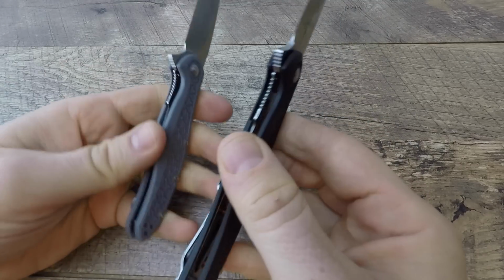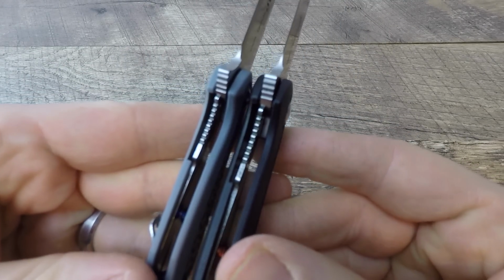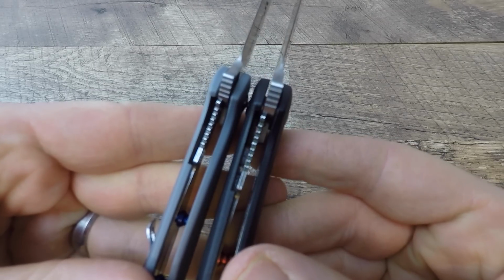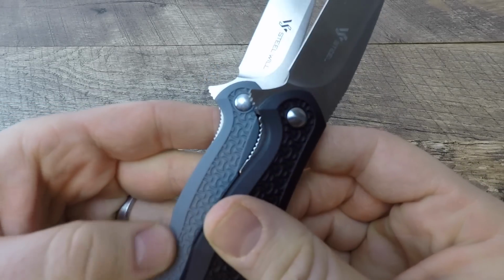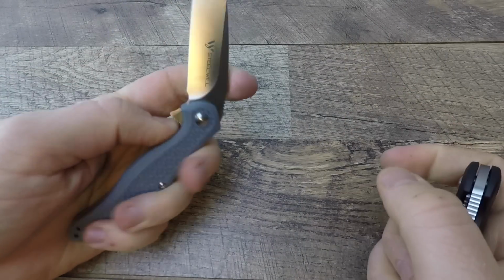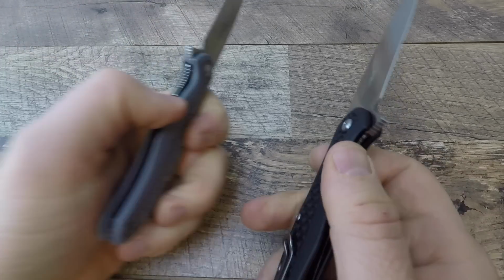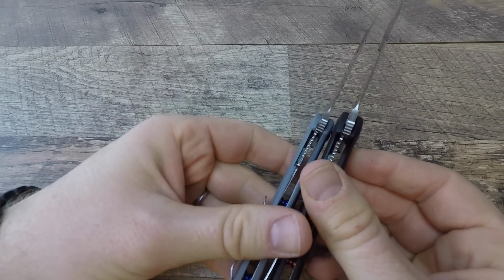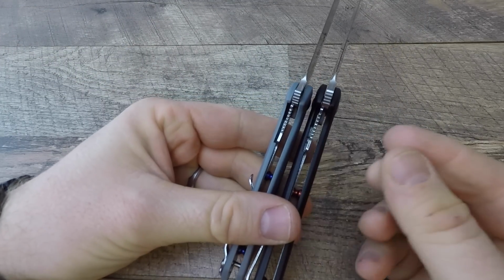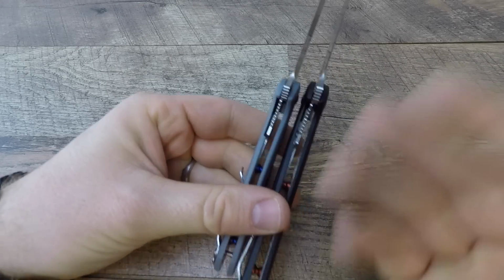Then we are going to go to the liner locks. For these lightweight knives, they're okay. You know, they're hitting right there just on the inside of the blade. Zero complaints, and there's a little bit of a cut in there with the handles, so you can easily disengage those. Not a big issue at all. My only critique is that, particularly on some of their larger models or harder use models, I would have liked to have a hair thicker. They are slim. Now that helps with weight and all that,